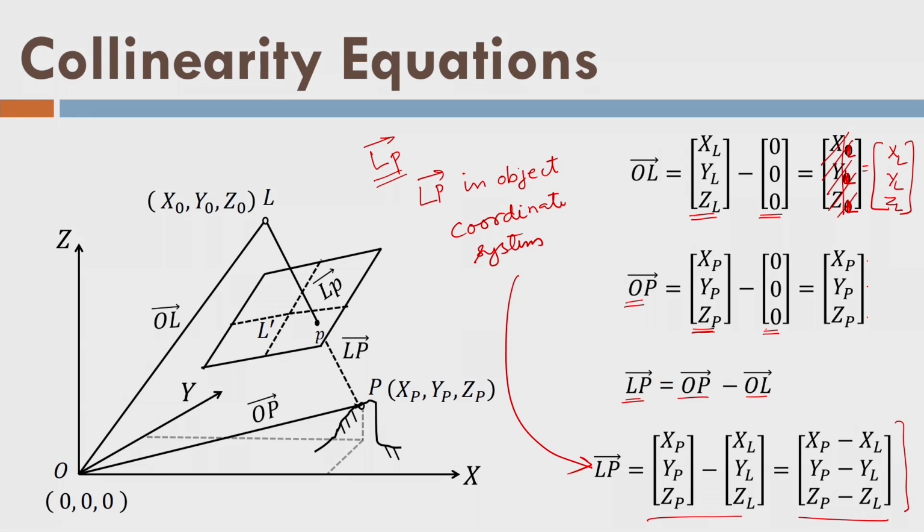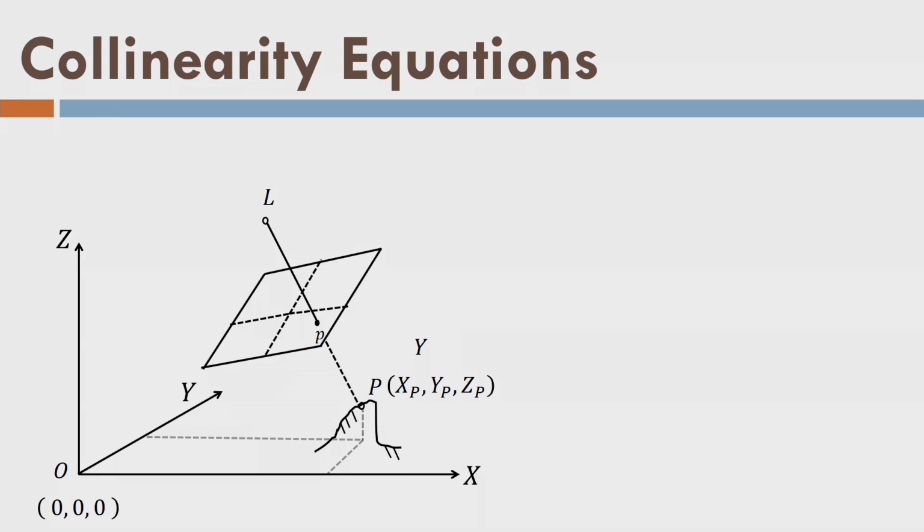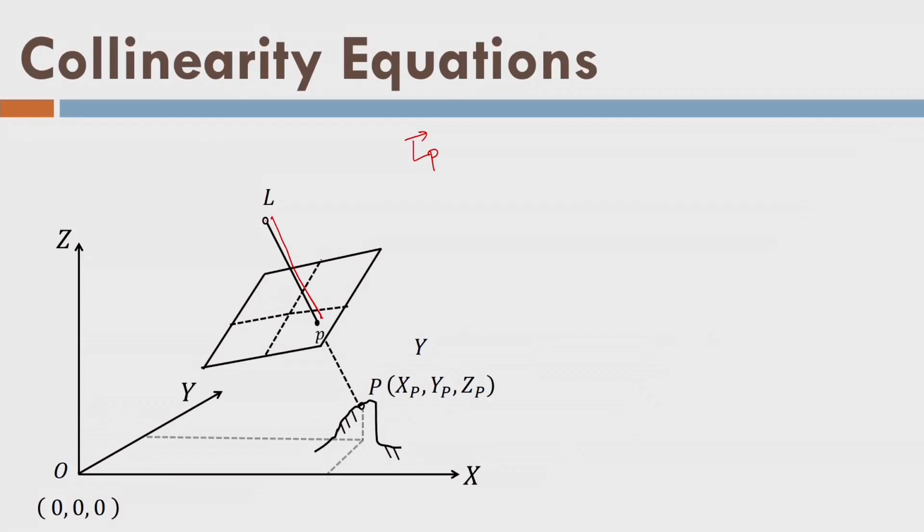First I develop an image coordinate system to measure this LP from here to here. So why do I need an image coordinate system? Because this length is basically expressed in the image coordinates only, because this point P is imaged in the image. First I will measure this LP vector in the image coordinate system, and from there I will transform by rotation to the object coordinate system, and I will scale that transformed LP by lambda, and I will equate it to the